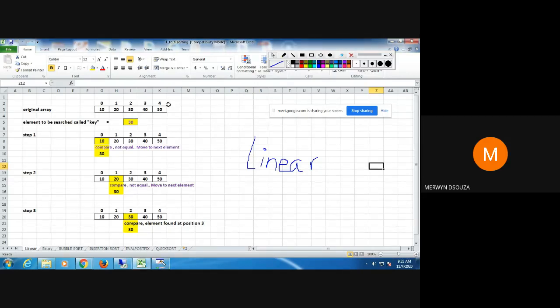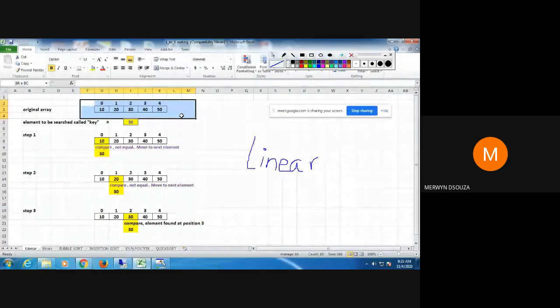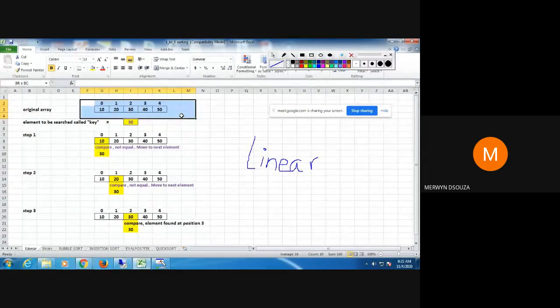So in linear search, we are going to search for a given element. If you are given some set of numbers, then you're going to search for an element, whether it's present in that array or not. If it's present, then we declare the position at which it is found, saying it is found at so-and-so index or position.